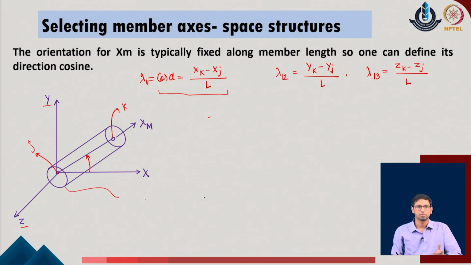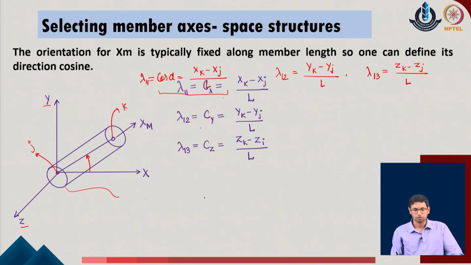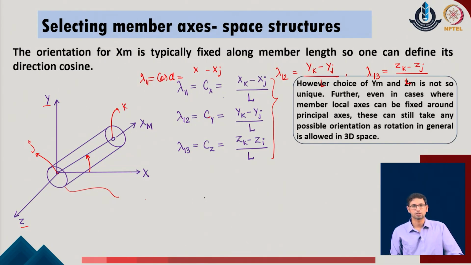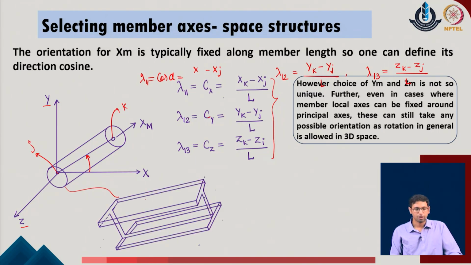Now, what will be the possible basis to fix the directions of the direction cosine or the axis of the given system? One possibility, so this is something which we have already discussed, that lambda 1 1, lambda 1 2, lambda 1 3 can be defined by these 3 expressions of the given system. Now, in order to know the axis with respect to the y and z, the choice is not very specific and they could be defined along any of the possible directions. So, the first choice comes up, that the user can keep fixed and specific directions for the axis y and z, and those choices typically come when the user has very standard sizes where the cross sections can have well defined principal axis.